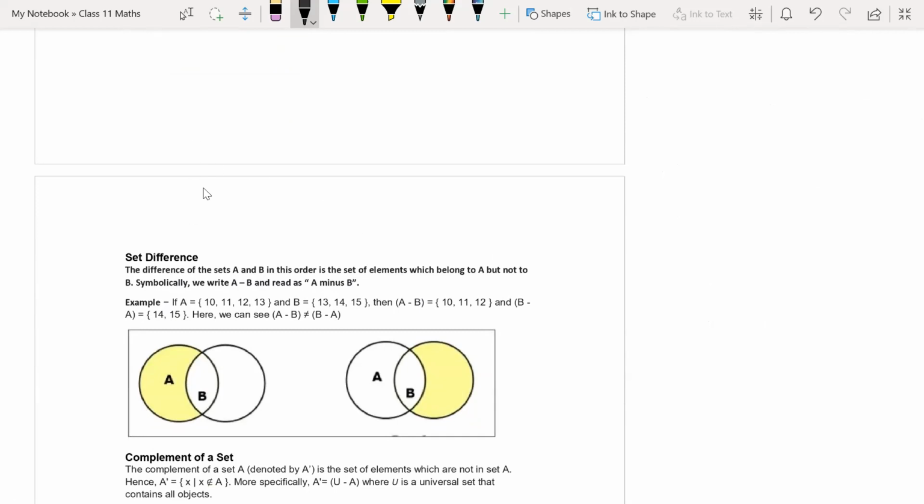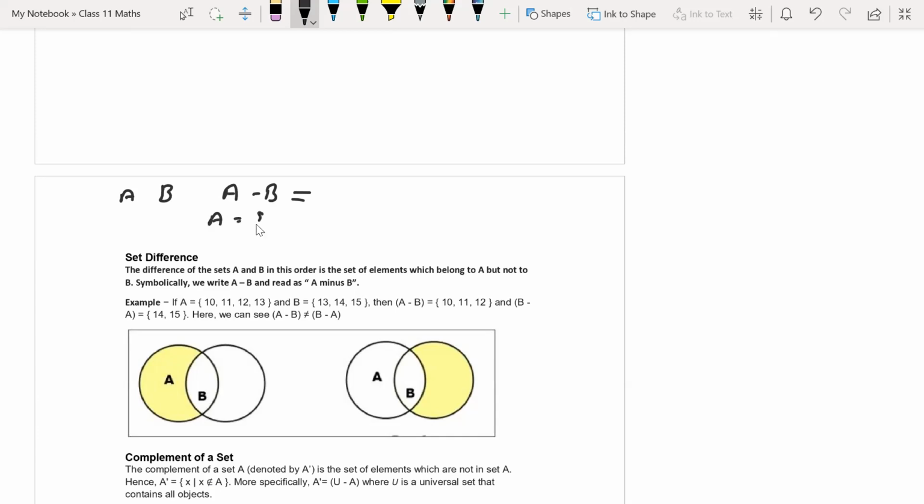Set difference states that if there are two sets, A and B, set difference A minus B states that only elements of A occur, but they must not be in B. Like